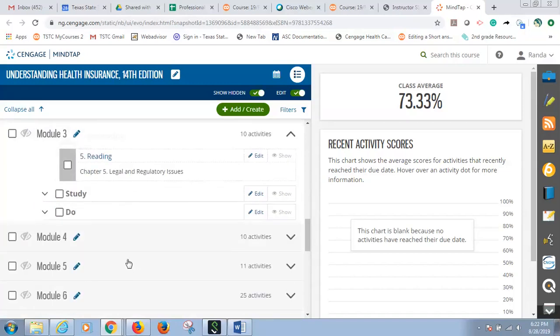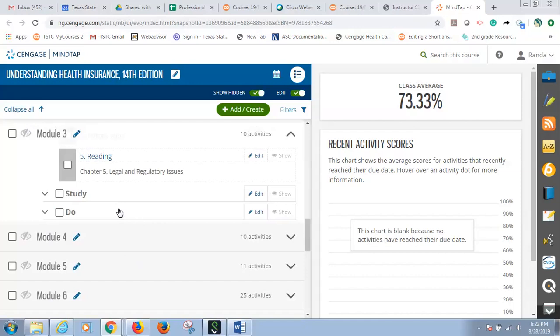And some people like ebooks, some people like paperback. The reason why we do the bundle is because it's more beneficial to some students. I'm one of those personally. I like the paperback. I don't like the ebook. But the ebook is provided here, but the workbook is not. And they do not have a bundle for the workbook and MindTap alone.